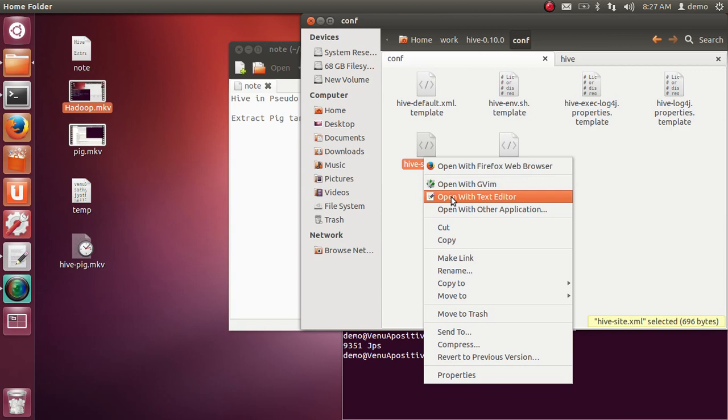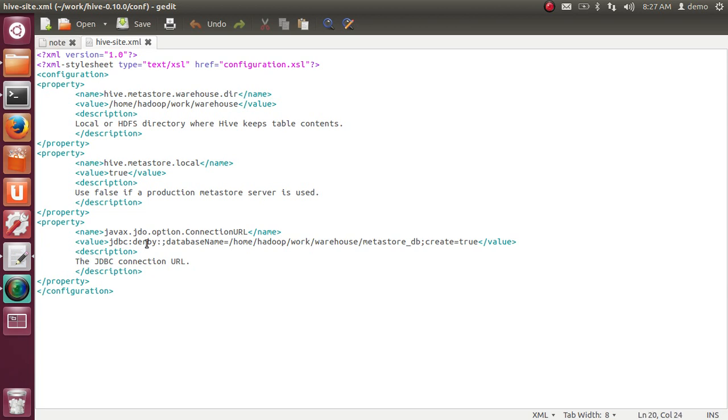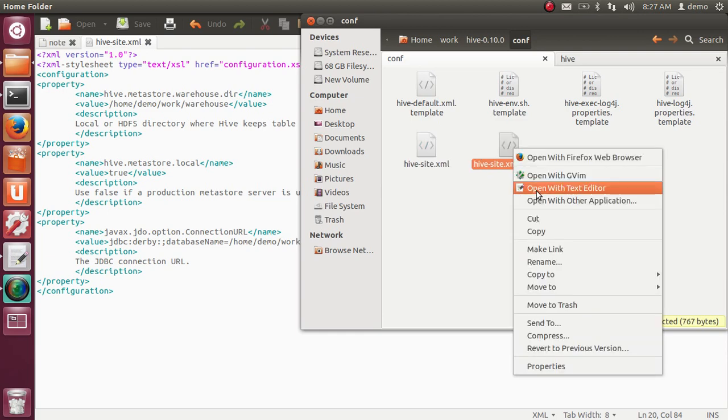This is hive-site.xml. Here we are configuring the metastore data. It is Derby by default, and it is taking Derby. The metastore is where the process will start, connecting to an external database. Very few people in industry use Derby; by default it's already installed. But I highly recommend MySQL, that's why it is under MySQL mode.